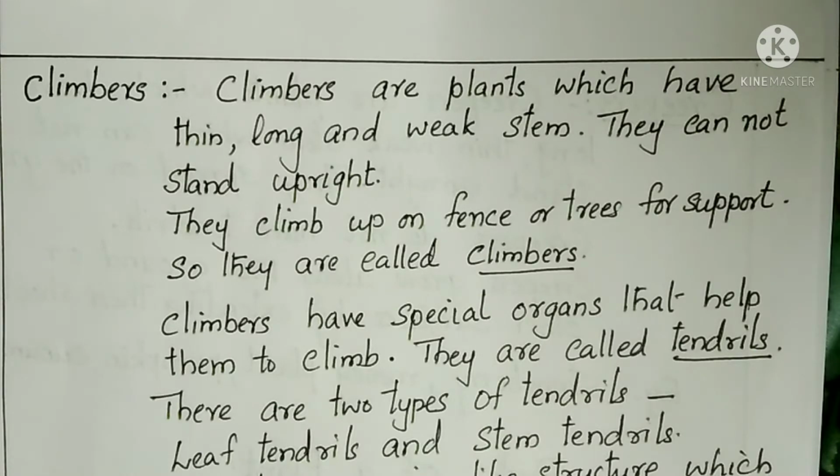Hello dear students. Yesterday we learned about the main types of plants, that is herbs, shrubs and trees, and we discussed the various characteristics of these groups. Now today we are going to learn about some more subgroups of plants. When you take a round in the garden, sometimes you can see some plants that take support from other plants